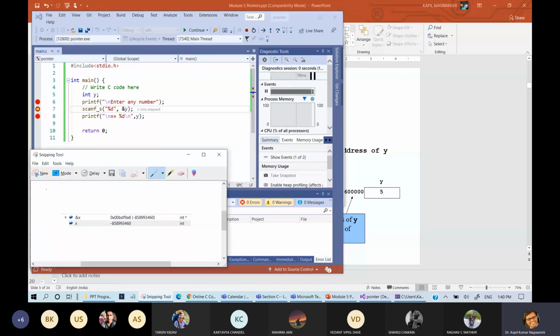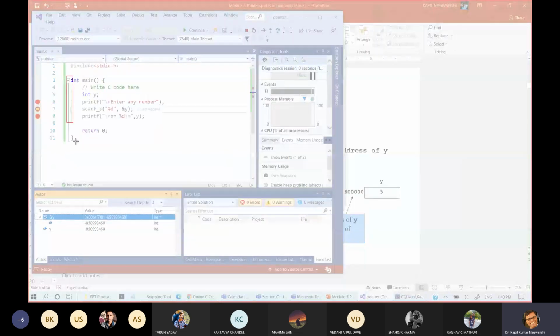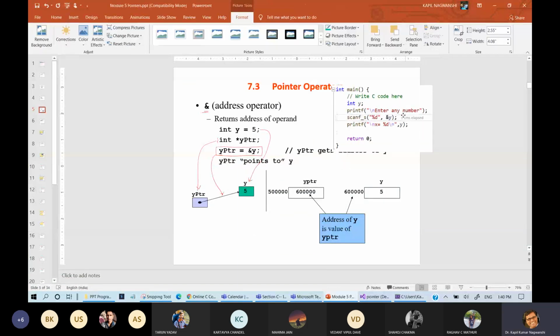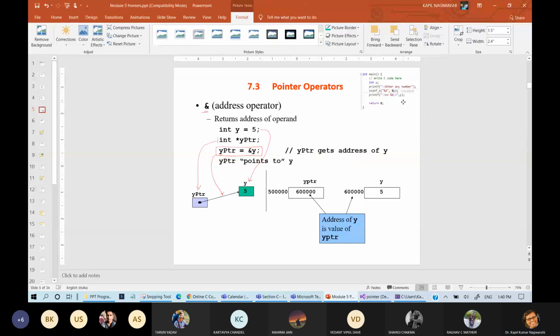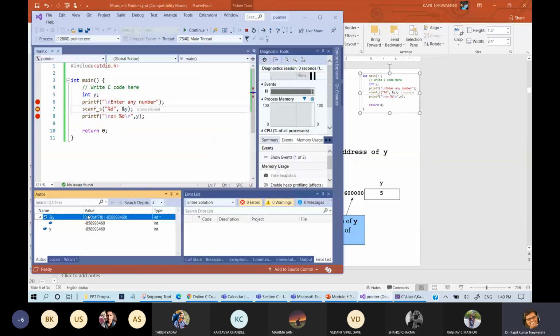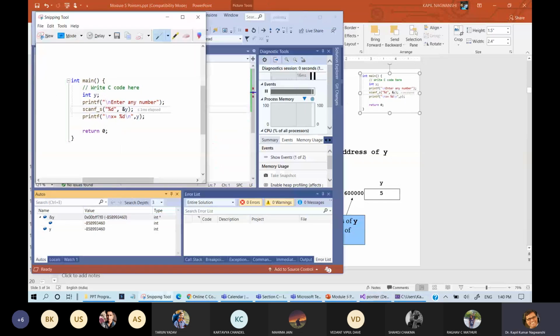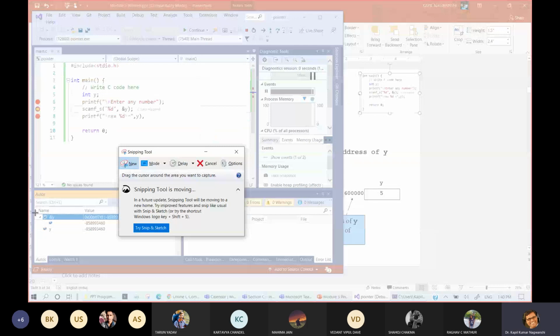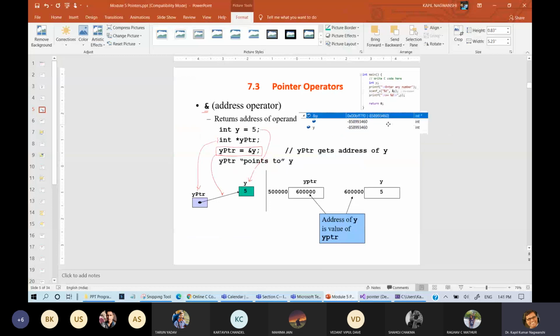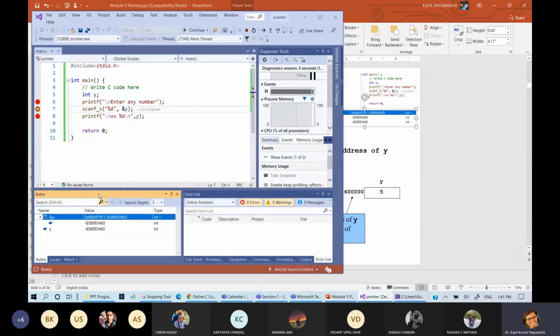If I run this program, I am copying this program, and due to this there are two things inside the program that we can see: the variable now has different kinds of things. If you say y, then y is a very simple thing. If you say address of y, then it holds the address of y. This is the concept of address of y.